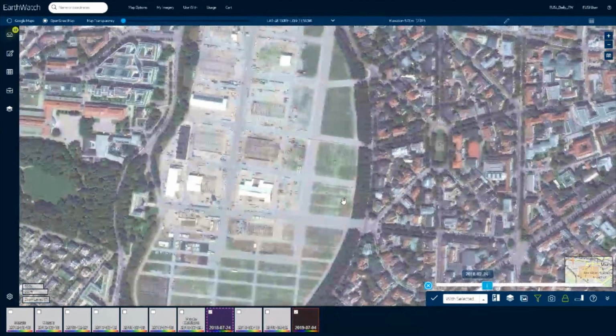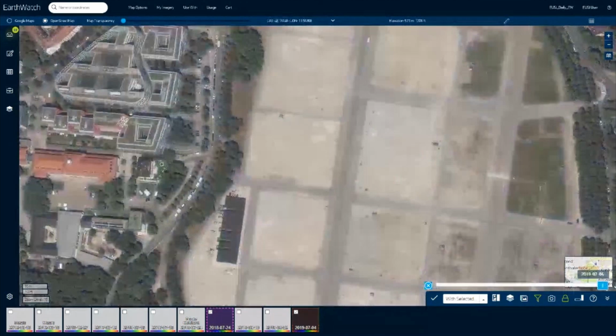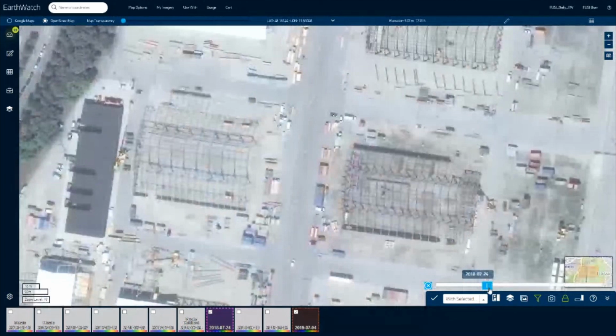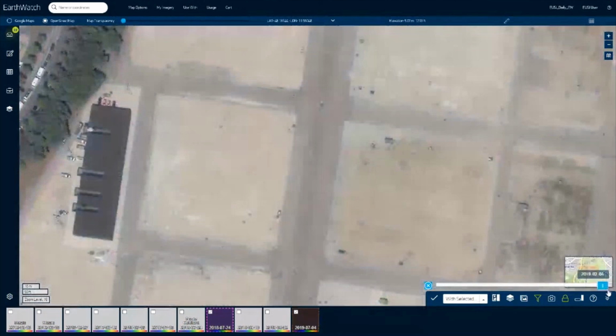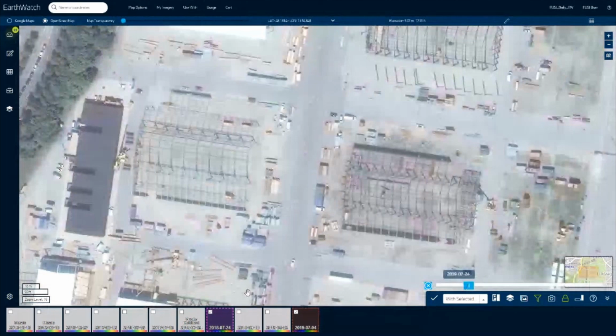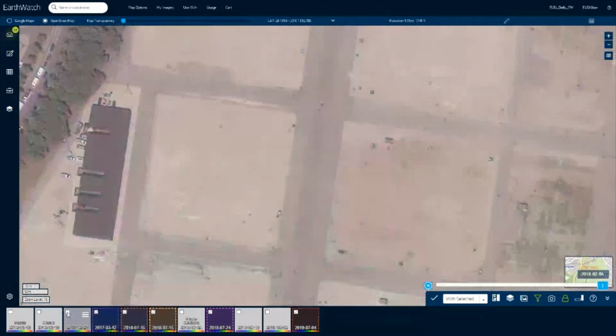So here we can see that the tents were in construction. And we can navigate while comparing the images. We can even compare more images to have like a slideshow.